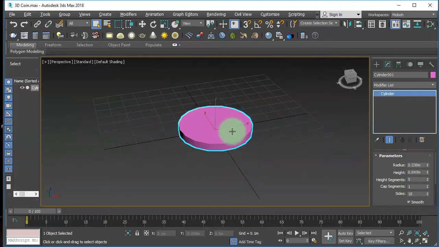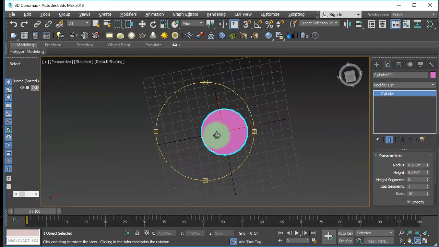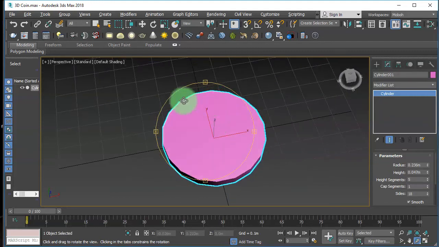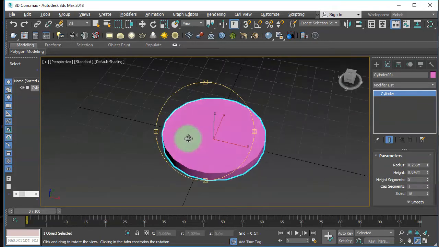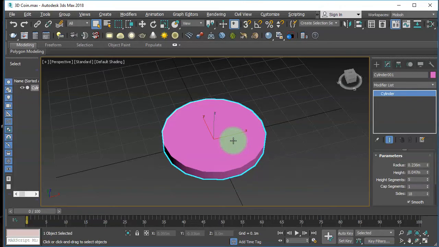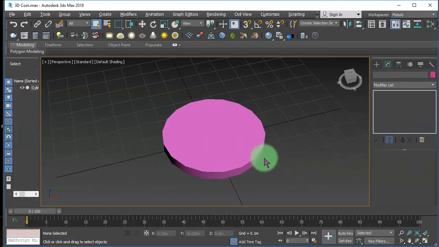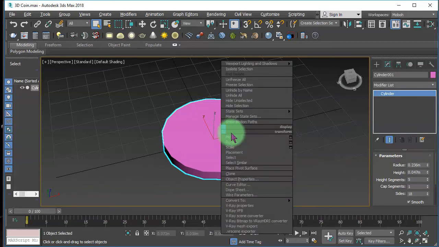That's fine. And for the resolution, I think it is fine because we are going to make it low poly. So if we use it for our game, it won't be heavy for calculation. Okay, I'm going to make it low poly. The next step is to convert this object